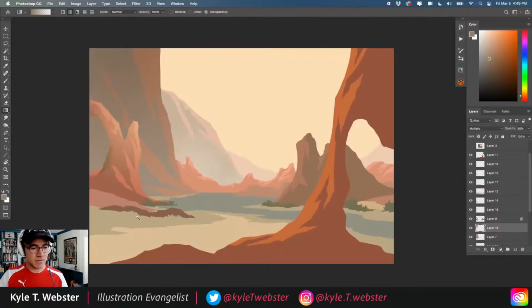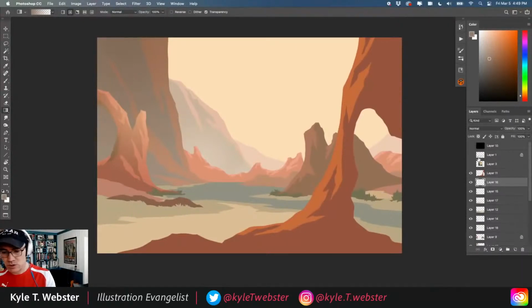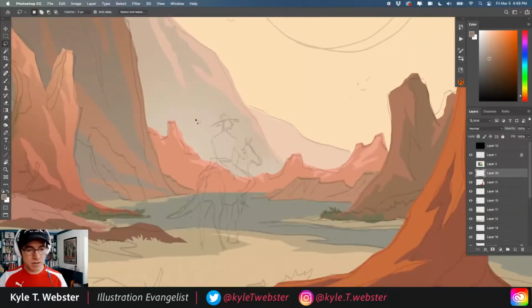Now we're starting to get into the really fancy business though. All right, now we have got to take care of this rider, so let's pull up our sketch. There he is. And even though I'm not probably going to be able to finish the entire drawing, you're going to get the gist of it. So I'm going to do a quick silhouette of this feller